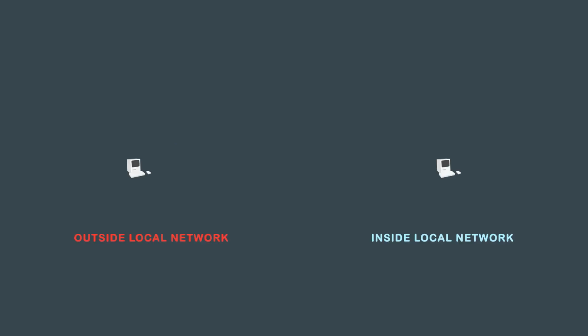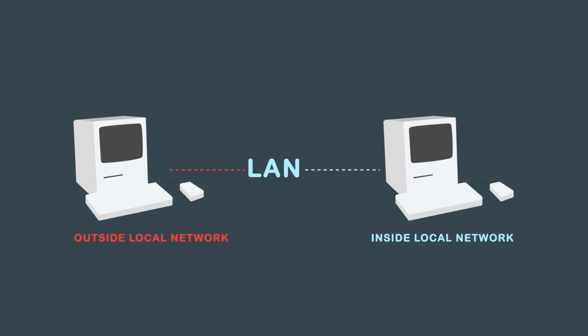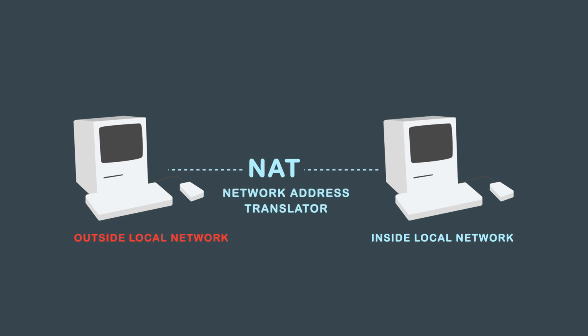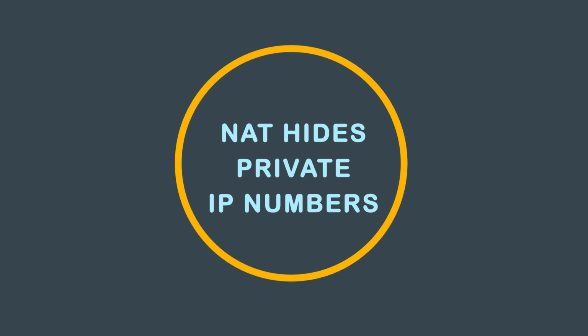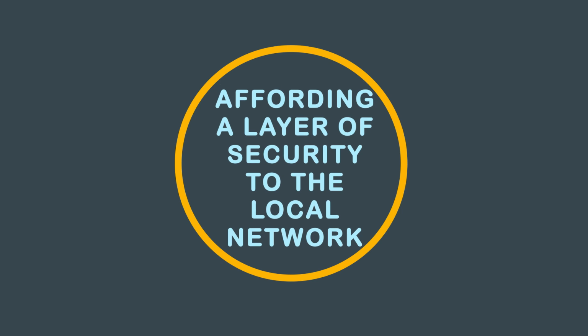with the internet. Likewise, computers outside the local network cannot directly connect to a device with a private IP address space. Instead, access to such devices must be intermediated via a router or similar device that supports network address translation, NAT. NAT hides the private IP numbers by selectively transferring messages to these devices, affording a layer of security to